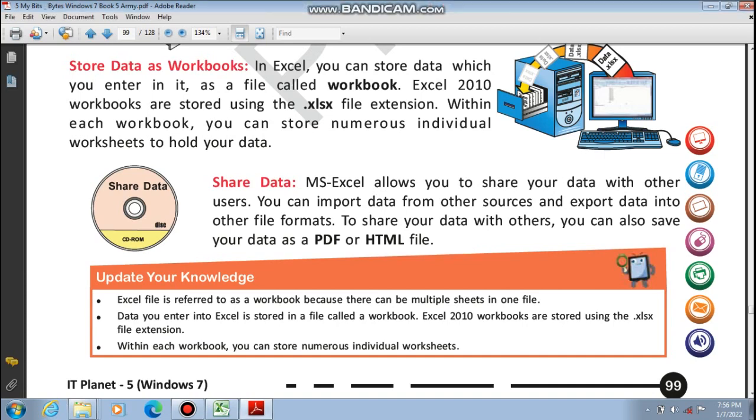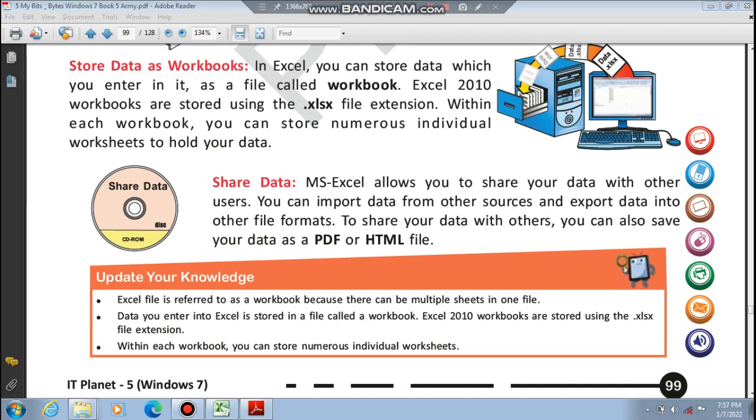So this is another function of Microsoft Excel. आप अपना data as a workbook form में भी store कर सकते हो.